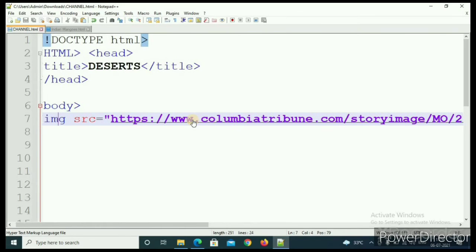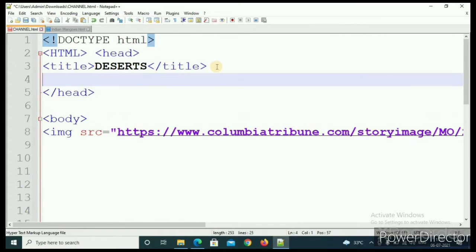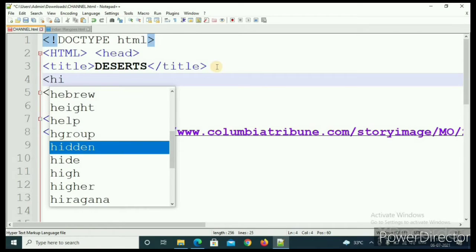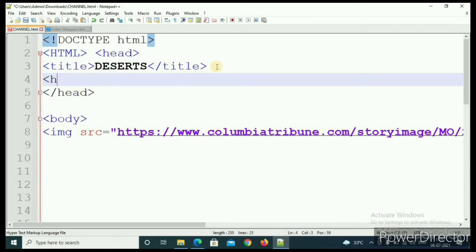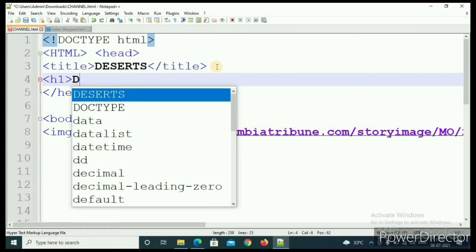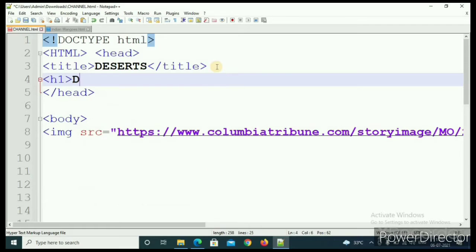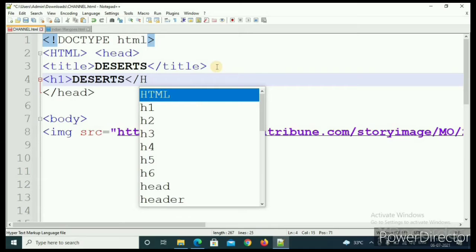So for giving the heading, there is one way. Press enter after the title, and then type opening angle bracket h1, closing angle bracket, and then type the heading. I want to write it in capital, so I will write DESERTS, and then opening angle bracket slash h1. Here it will not be h1 because the whole paragraph